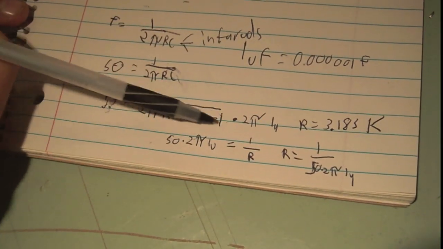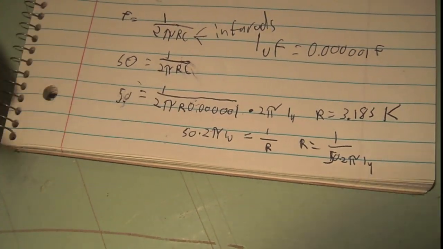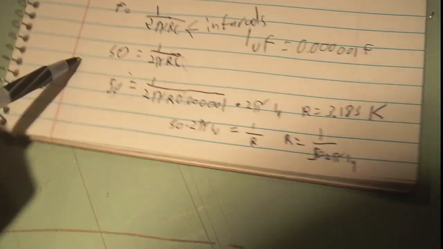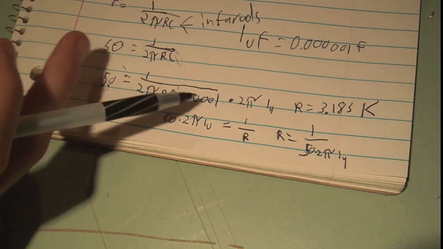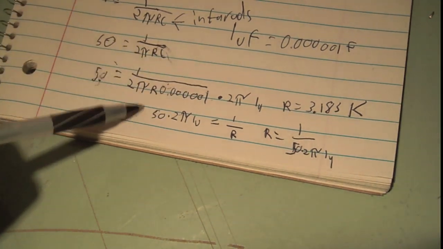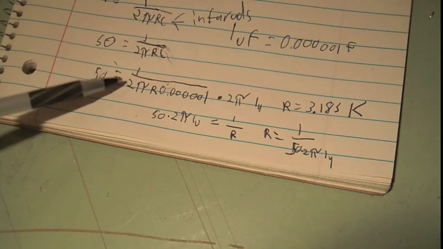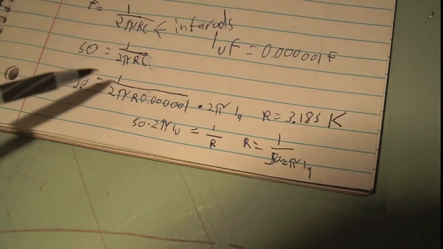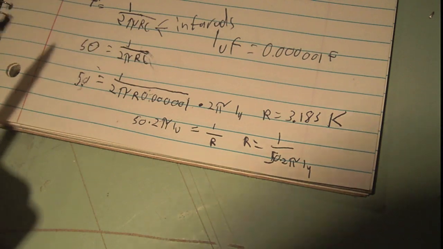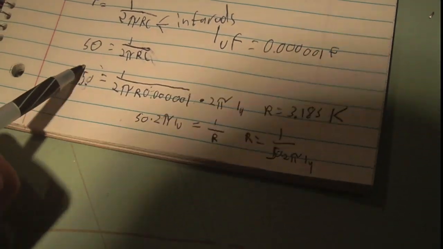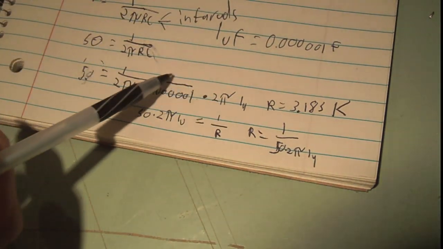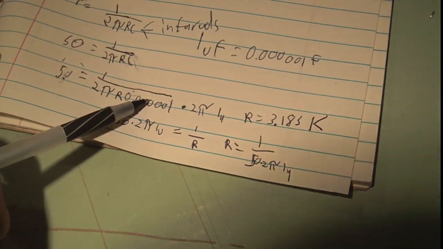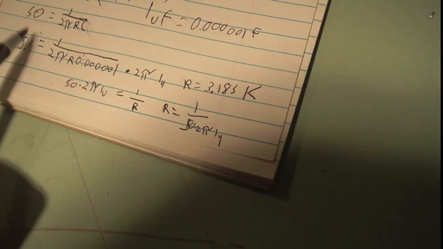I wrote the 1 microfarad as just 1 micro, just to simplify it. Essentially what you have here is your cutoff frequency, 1 over 2 pi, the resistance, and the capacitance you've chosen. Then you can multiply by 2 pi times the capacitance, and on this side you would logically get 100 pi times the capacitance, which is 1 micro. Okay, so 100 pi times